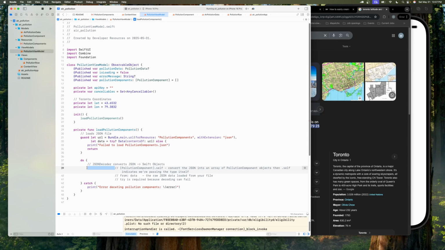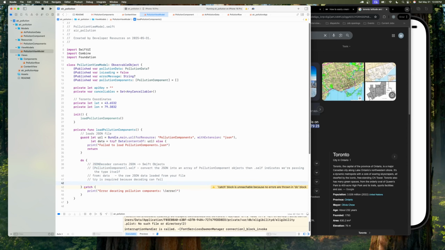It converts the JSON file to a Swift readable object, and then it'll convert that pollution component self, it converts a JSON to an array that is set up with pollution components object, and the data is just the raw JSON data loaded from the file, and try is required because it's just decoding the file. So we'll do pollution components and then equal to try JSON